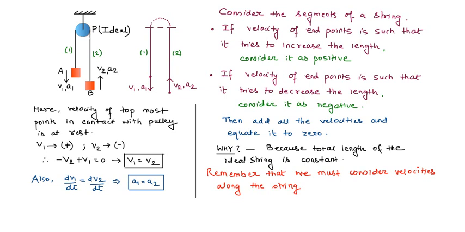The net velocity can be at a certain angle. So in that particular case, we will only be interested in the component of those velocities which will be along the string. So always remember, whenever you are marking the velocities of the points on the string, always take the components of velocities which are along the string. So we will take up an example based on this particular fact so that this particular concept will be more clear to you. Now let us take one more situation over here.